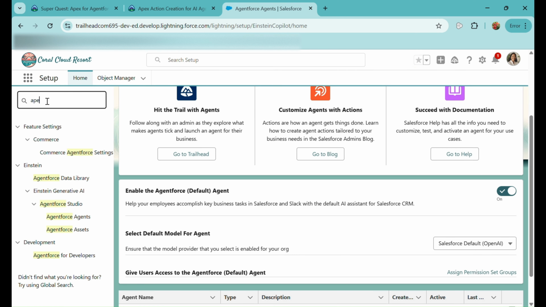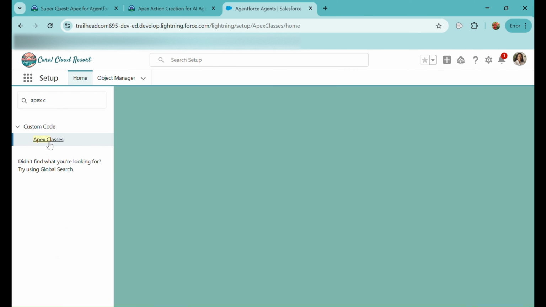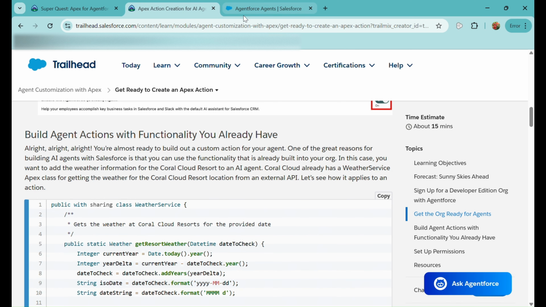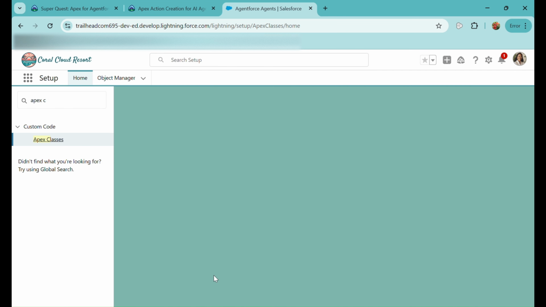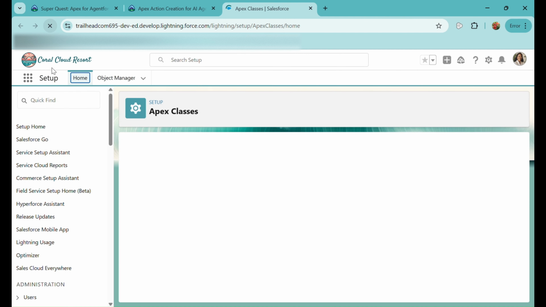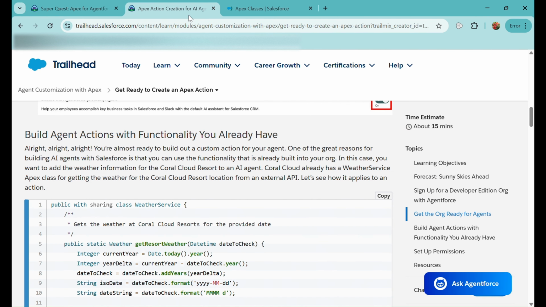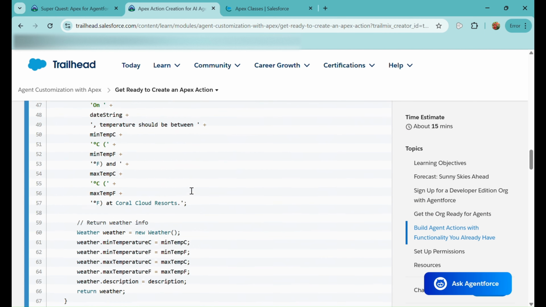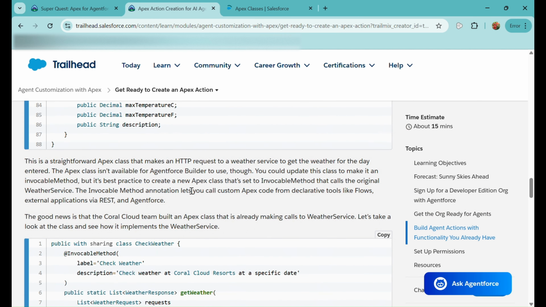I'll search for Apex classes, and this class should be present, that is WeatherService. I'll just refresh this once again. I think the data is not visible for us, so let's wait for it a few minutes.